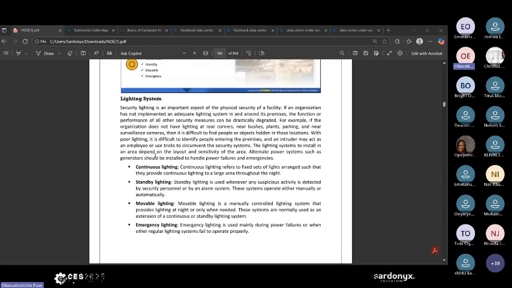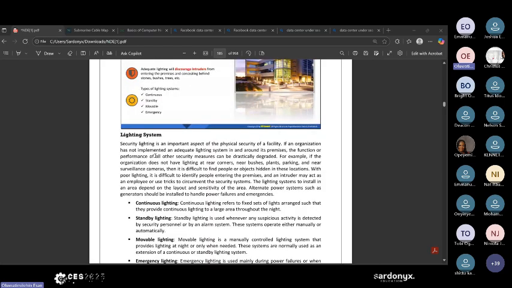And some of the time, the lighting system also goes inside the building itself. For example, if we have a forensic building, this is very bright, because sometimes I have to work with electronic devices, recovery of hard disks, recovery of memory systems, and so on and so forth. So we need a very bright system, very, very bright lights.